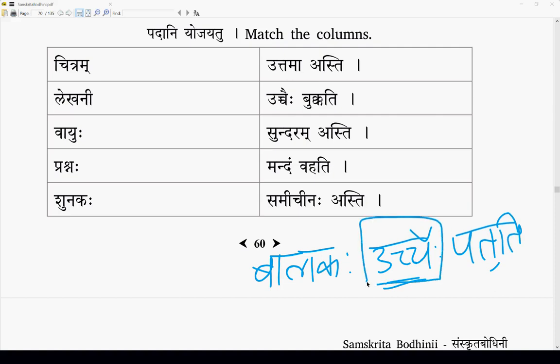Uchchaihi is fixed. So we are not changing it, because it is from; we have to use panchami. We are not changing this form here. We keep the fixed form Uchchaihi. Because Shunaka Uchchai Dukkate, because it is barking with a high sound. Here because it is high, it might look like Uchchaihi is in an appropriate vibhakti there, but there is no vibhakti,